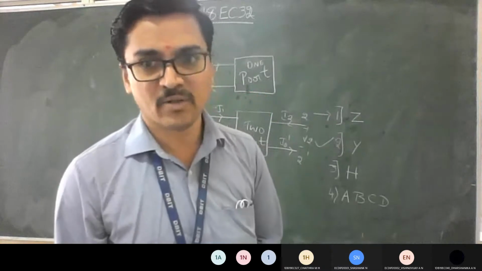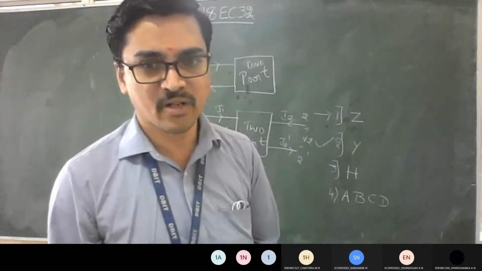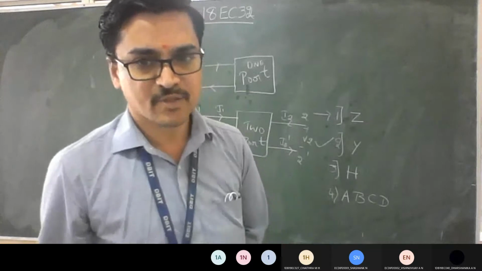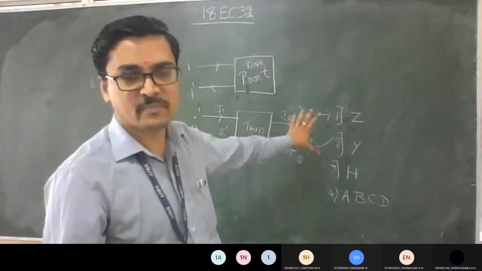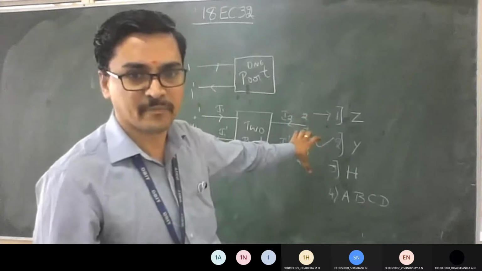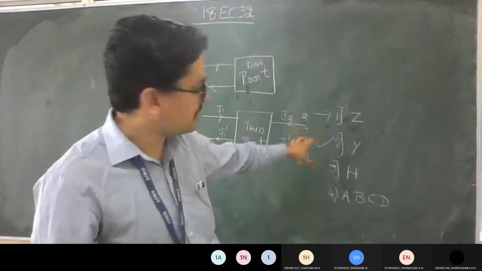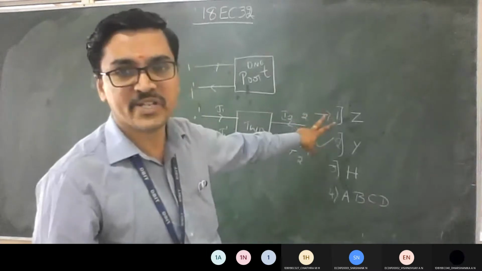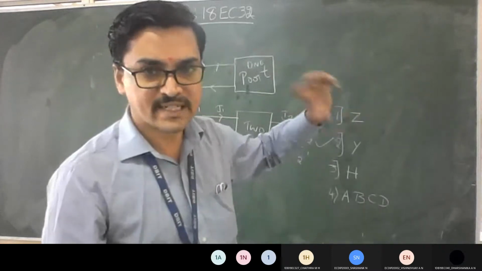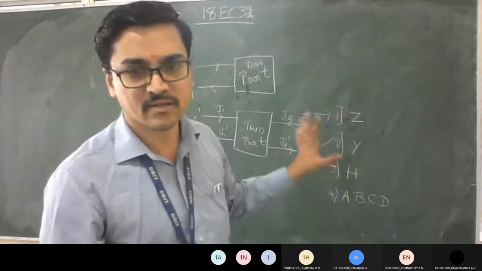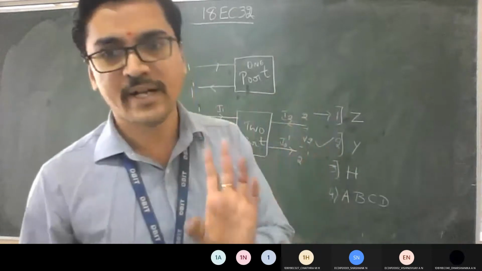Yes, everyone? Is it fine what I told? You got what you are going to learn for 20 marks? The first 10 marks, you can expect individual parameters along with the individual problem. And the second 10 marks you can expect for the relationship between each, or problems on that. They will give a network and ask you to convert Z in terms of Y. That is what you are going to do here for 20 marks.